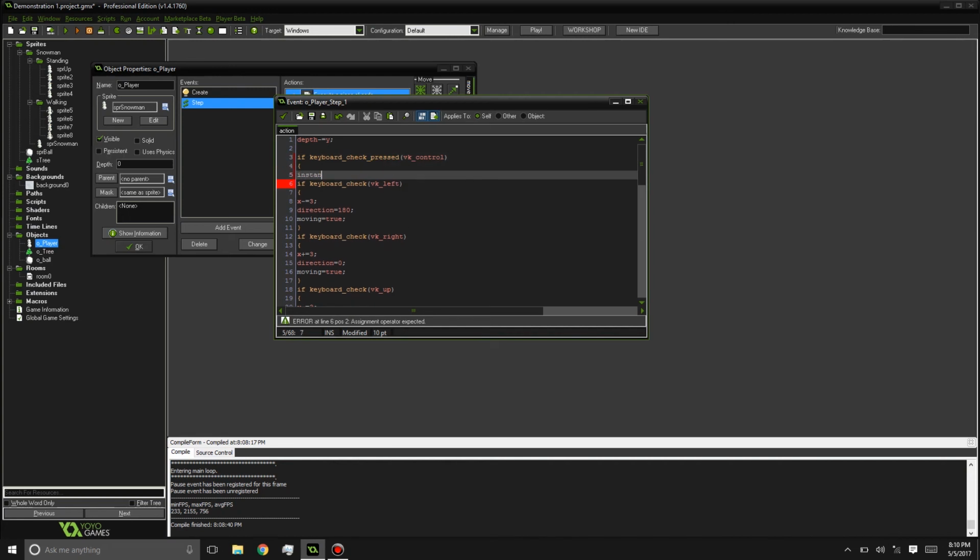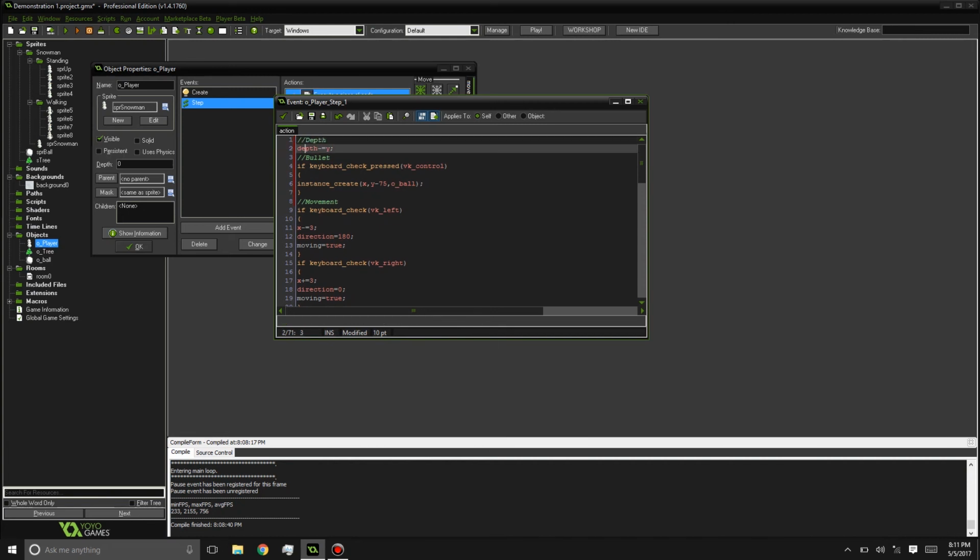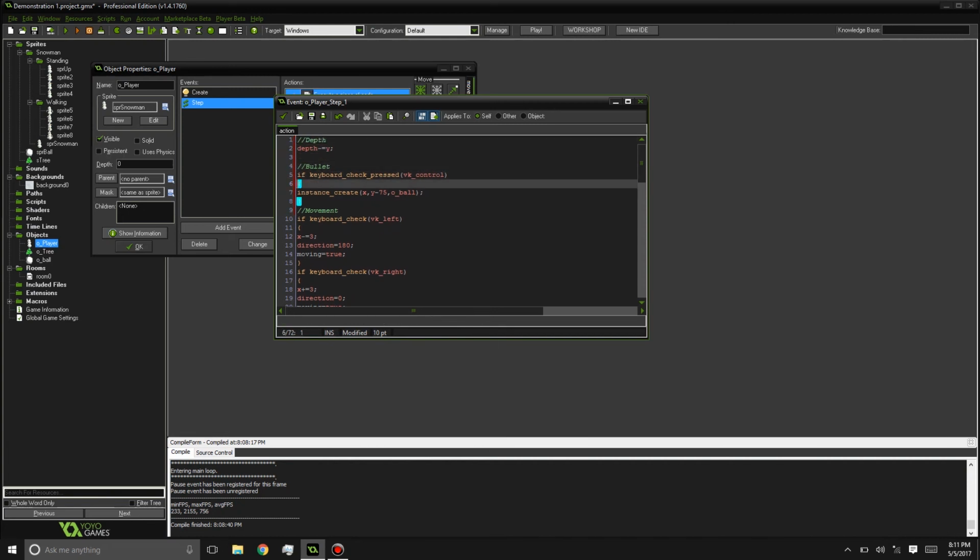Got our forest, got that, check, check. Up, down, left, right. And step event, we gotta create it. So, if keyboard check pressed, VK underscore CTRL, nope. Control, gotta spell it out. Then,